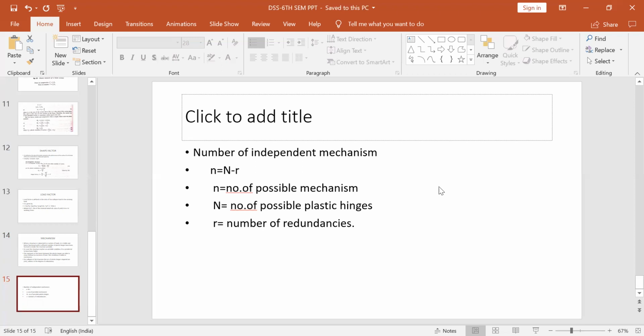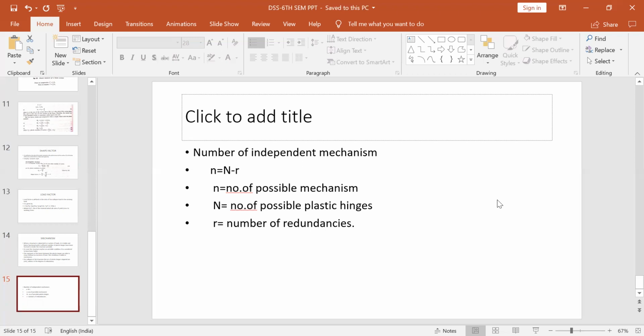Suppose any beam has a depth of say D up to the midspan, and then its depth reduces to D by 2. Definitely the moment of inertia for the first half will be 2I, and for the second half it will be I. So here you can see that the moment of inertia is changing at the center of the span, the shape is changing, the depth is changing. So where there is a change in cross section, at that point also your hinge will be formed. So there are certain locations where hinges will be formed.